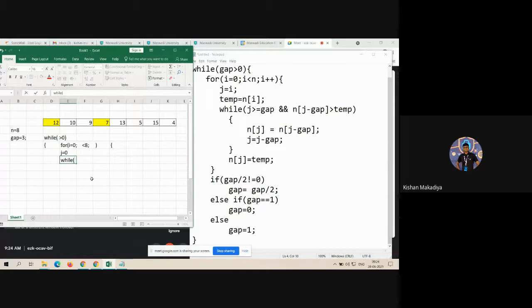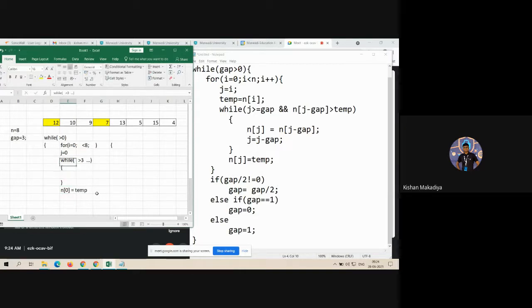So no need to enter in a while loop. After the while, n of j, that's n of 0 is equal to temp.